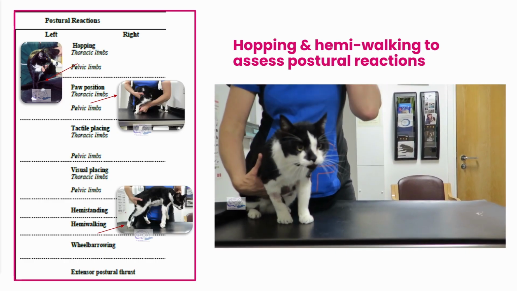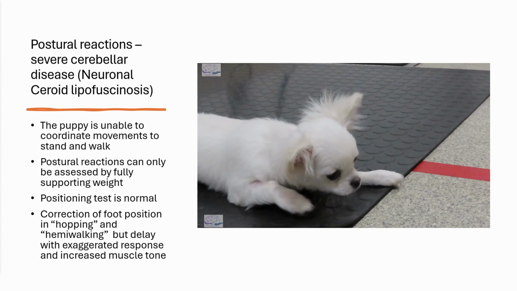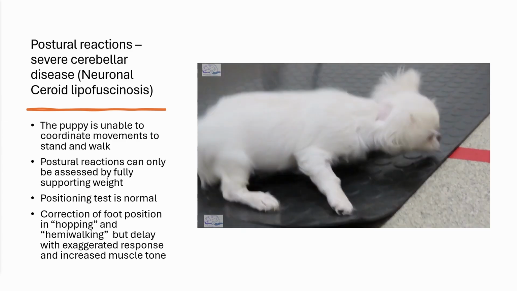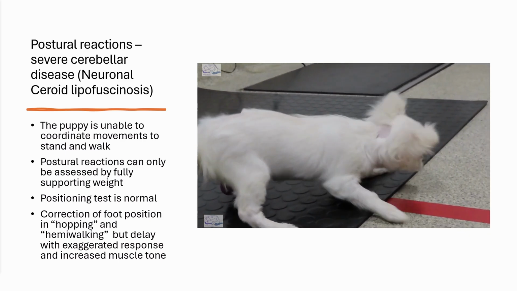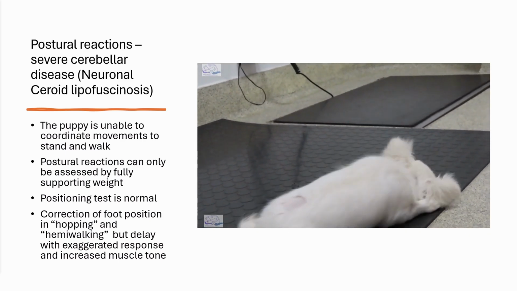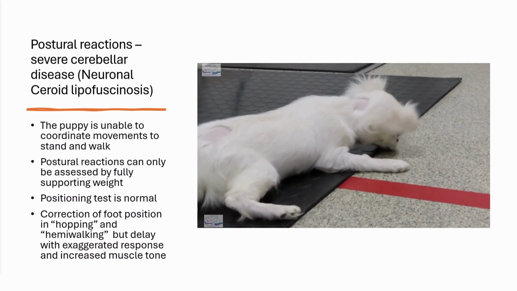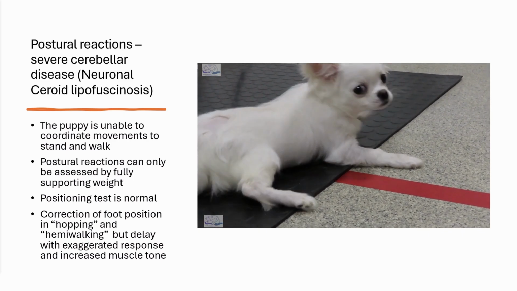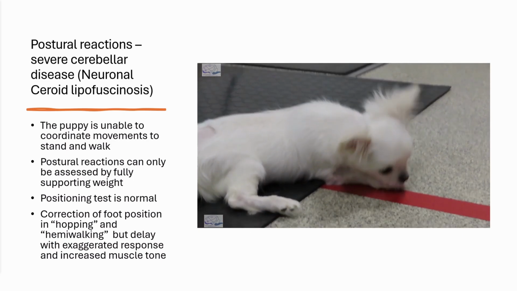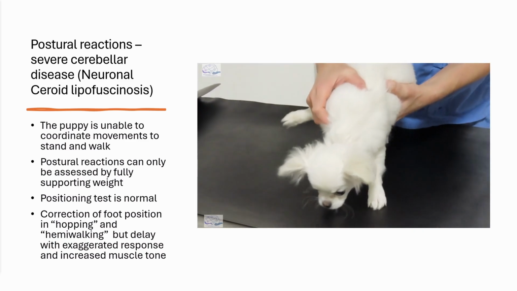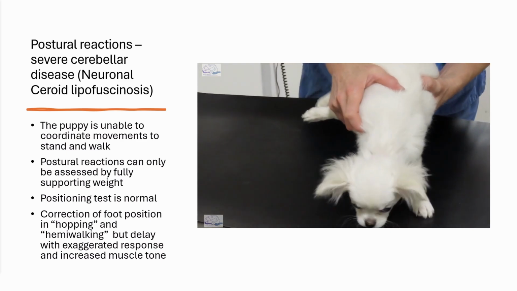Now, if you didn't need convincing that these are useful tests, then look at this puppy here with inherited cerebellar disease, neuronal ceroid lipofuscinosis. You can see the severe tremor, and this puppy is so severely affected that they're unable to coordinate movements to stand and to walk. And you can only assess the postural reactions by fully supporting the weight. And when you do that,